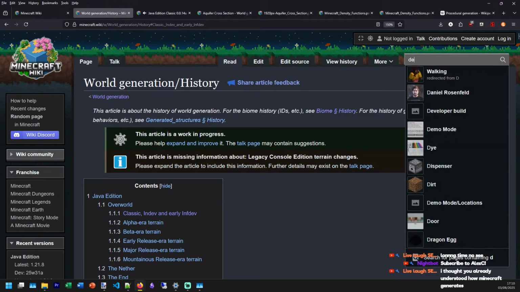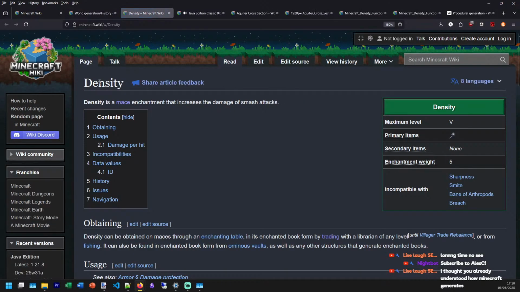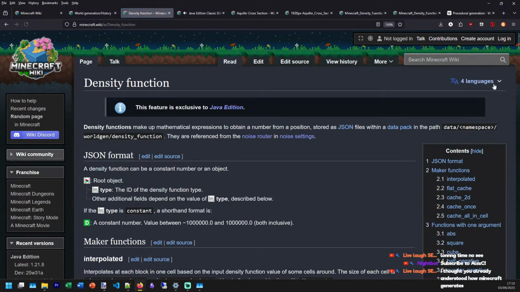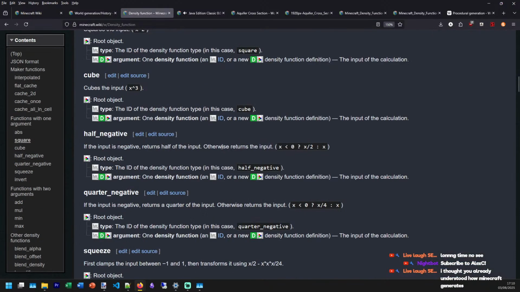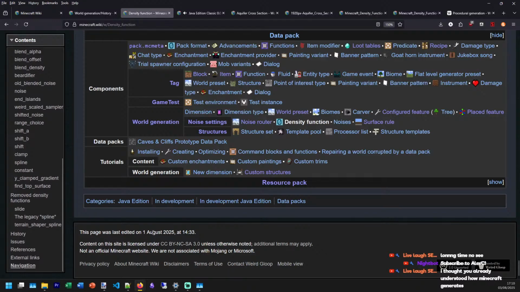Because I think that everything is just linked to this density, but not that type of density. The other type of density, which is a JSON file, which is what I pulled up before. Oh, they changed the layout slightly. First of August, maybe that's why.